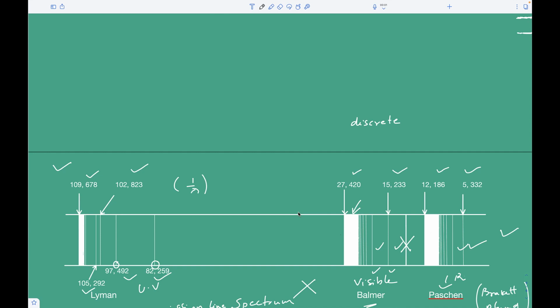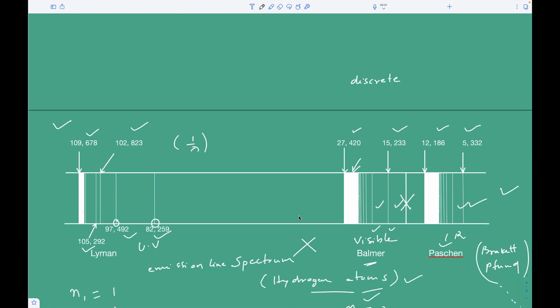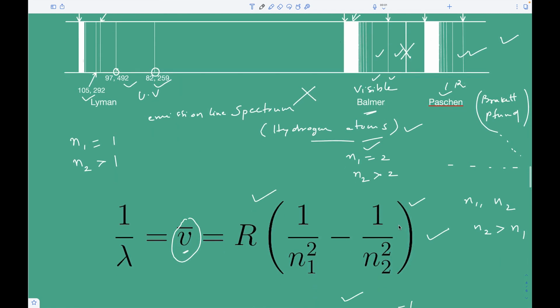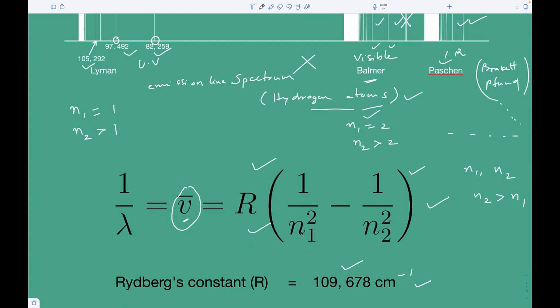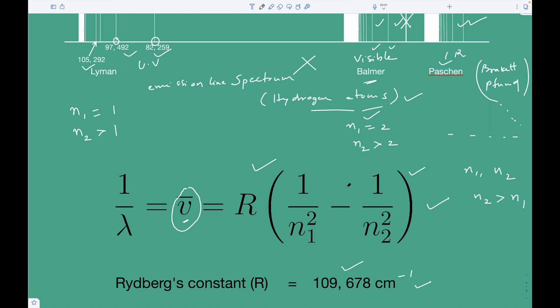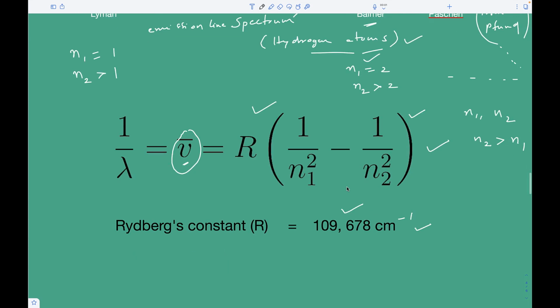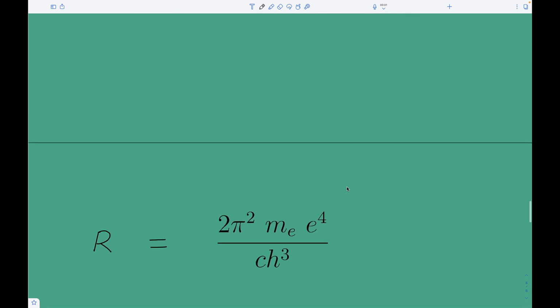And using the postulates of his theory, Niels Bohr was able to explain the prominent spectral lines of the hydrogen atom. And he was also able to derive the formula that Rydberg found by trial and error. Now, Niels Bohr's model of atom is not the goal of this video. We shall discuss that in a separate video. But understand that using the postulates of his theory, for the very first time, Niels Bohr was able to